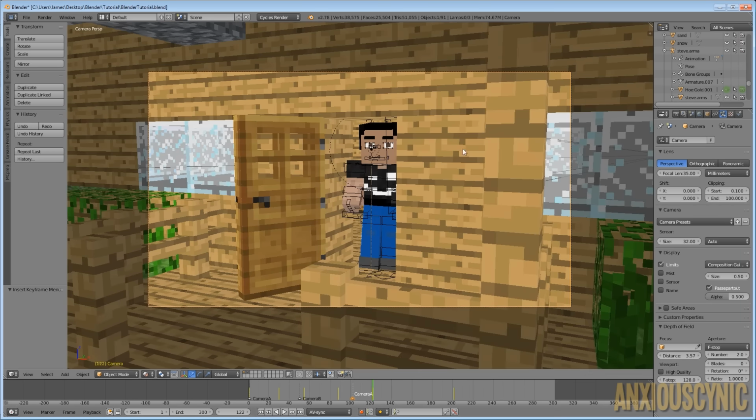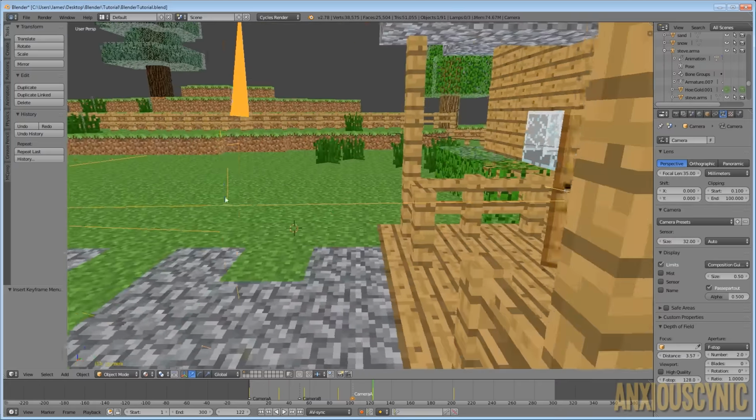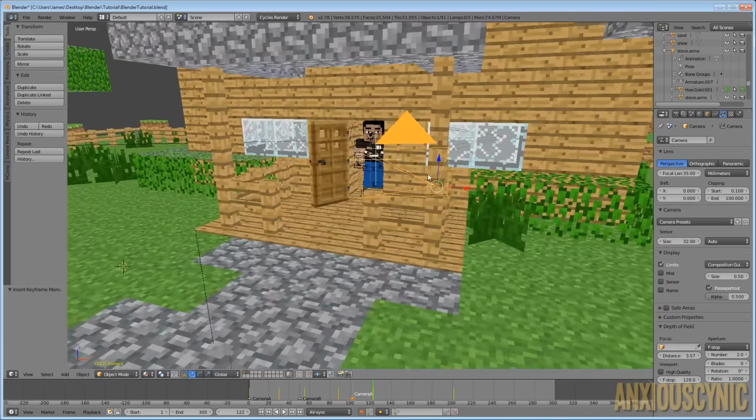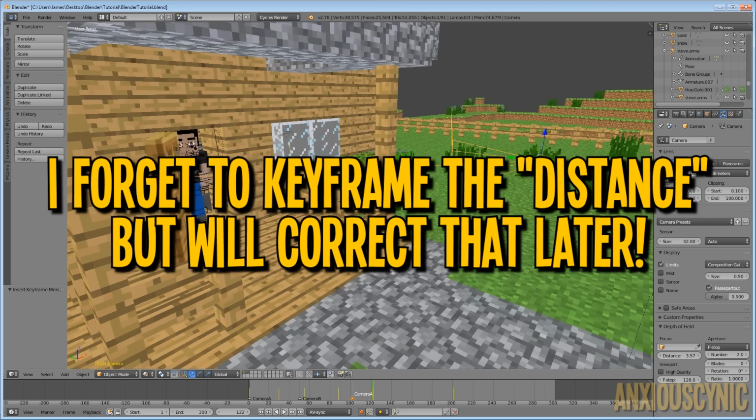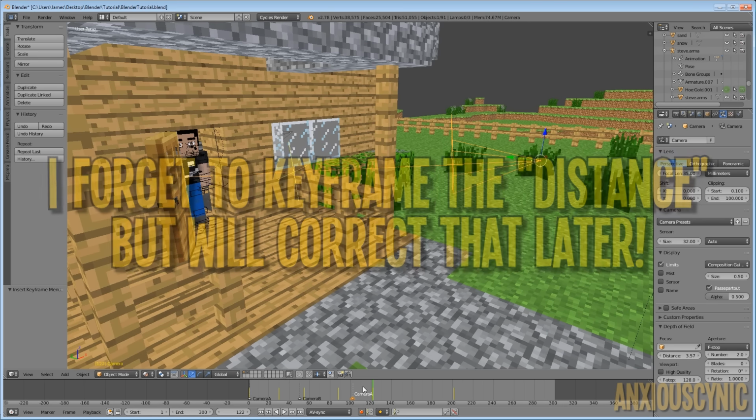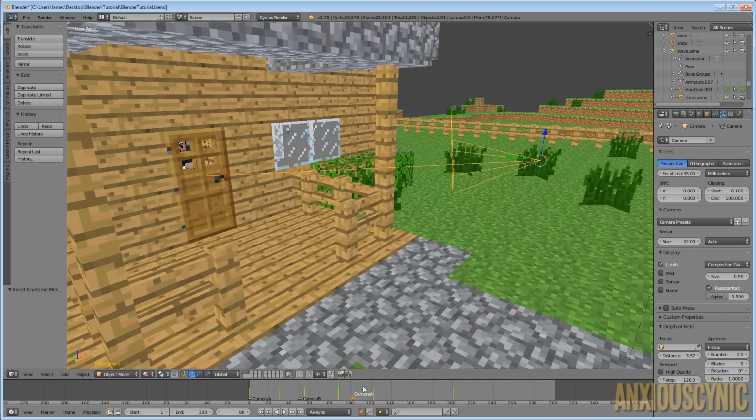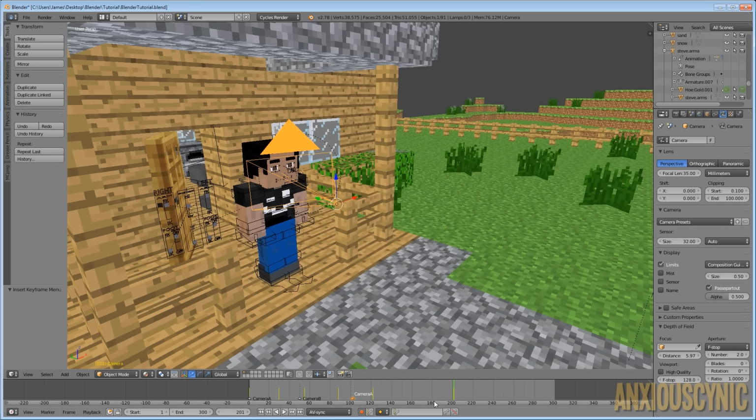Alright, so one thing we didn't do though is we've got to come out here. We need to adjust our depth of field because Steve is no longer in the same range that he was inside the house. So on this keyframe, if you recall, we can hit the up and down arrows on our keyboard there. So I'm going to go to this keyframe here, and I'm going to come over here and change the distance on our depth of field. I'm going to bring it in somewhere around there. We'll just eyeball it. And then I'm going to hit the up arrow and go to this one, and we're going to bring that in and have it be somewhere right around there, maybe a little bit further, something like that. Hit Control S and save, and there you go.